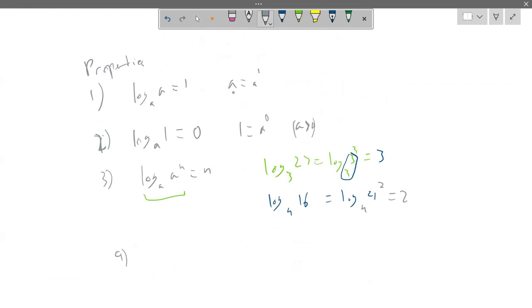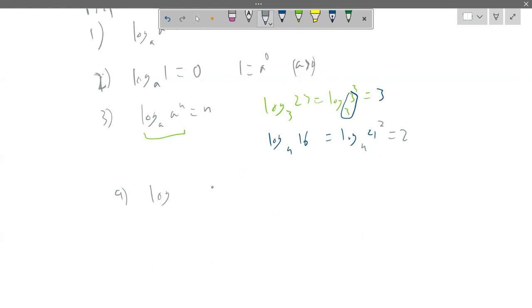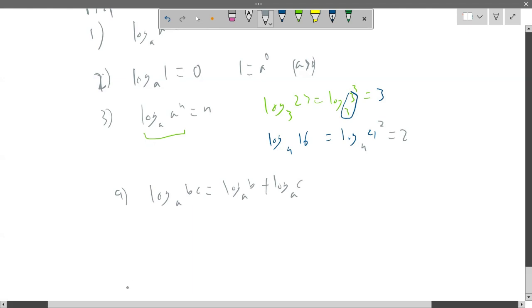Number 4 is the relationship between multiplication of arguments and the addition of logarithms, aka log of BC base A is equal to log of B base A plus log of C base A. So here, this is one of the most important properties of logarithms, that basically multiplications become addition. To show this,